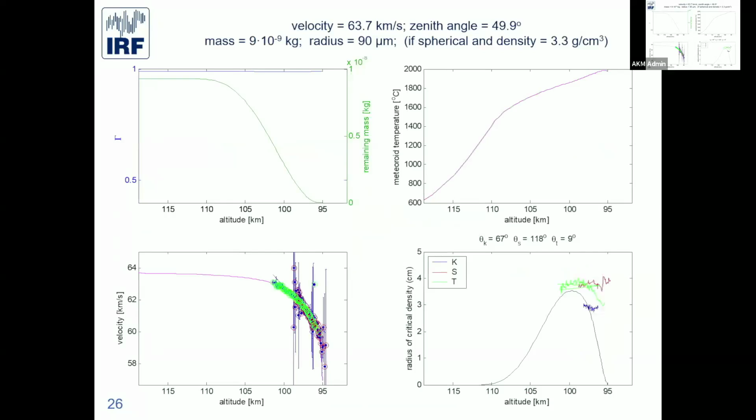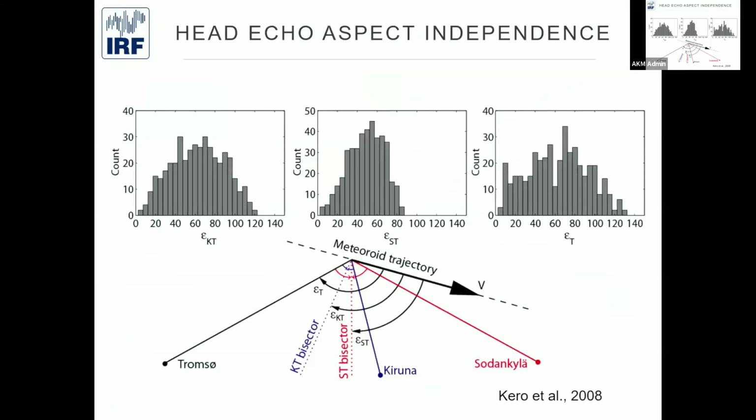And of course, we will want to combine such information with ablation models to estimate mass and look at ionization and so on. And we will get this for hopefully many thousand meteors per hour when the radar is operating in full power mode. And one interesting other thing one can do, in addition to this precise orbit determination, is